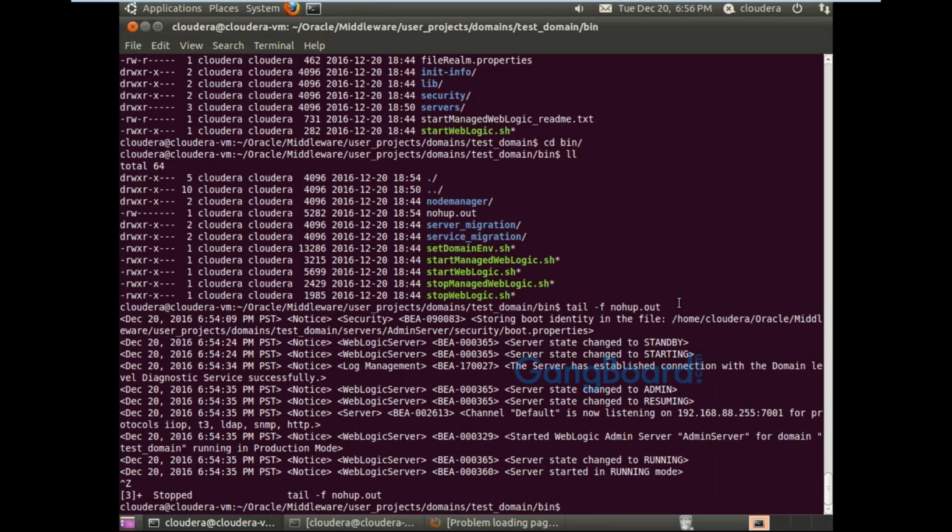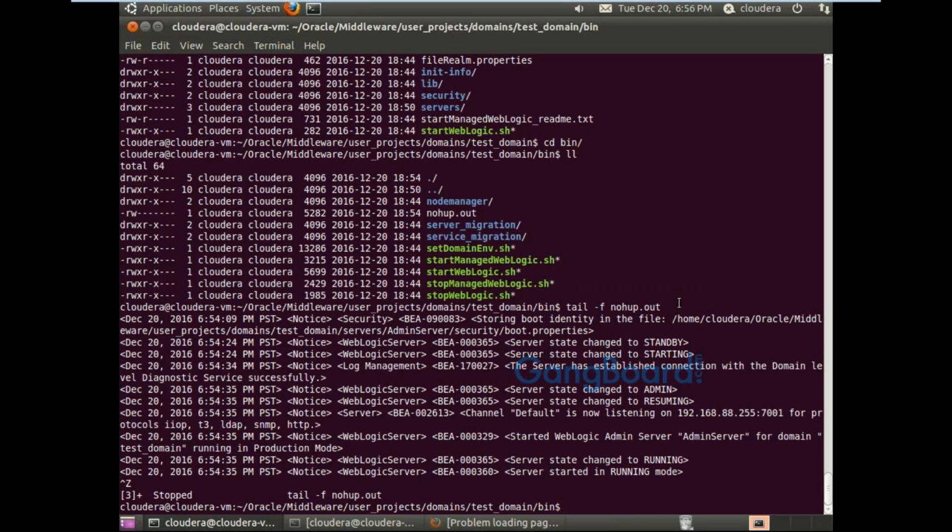Likewise, there are multiple teams. You are the administrator, and you have a development team also. The development team needs to do some development, so we'll install WebLogic for them in development mode. When they are developing things in development mode, they will provide the jar file and we will deploy it into the production mode.